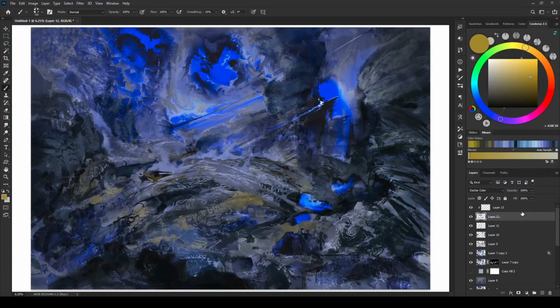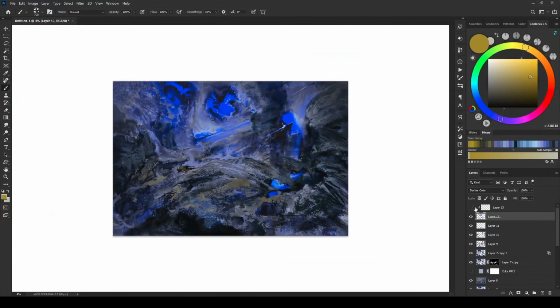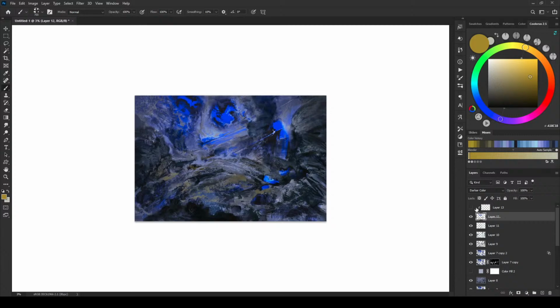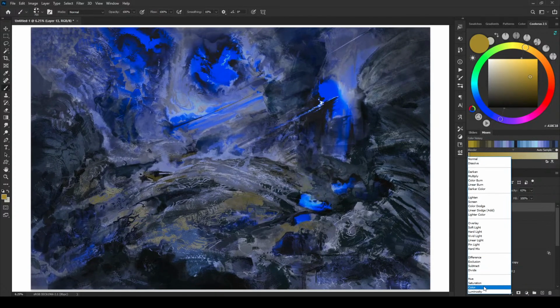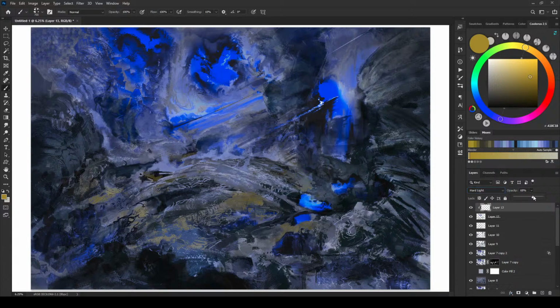Yeah, I think we'll just leave it there for now. And then this one, I'm thinking maybe we do color rather than normal, or see if we can get something juicy out of that. Hard light, maybe. That way we're not getting a direct relationship with